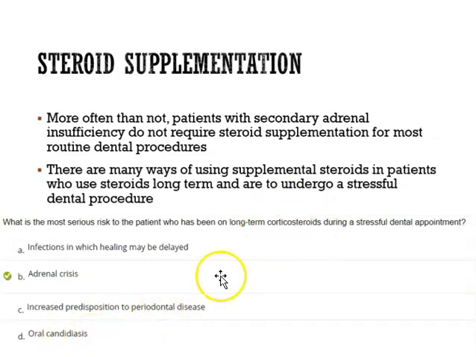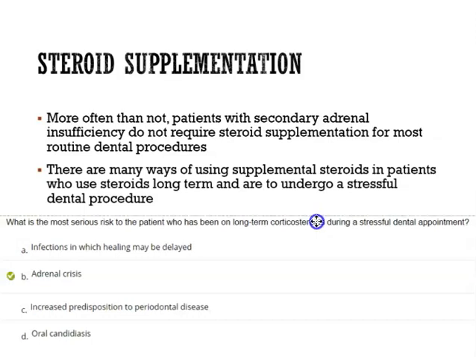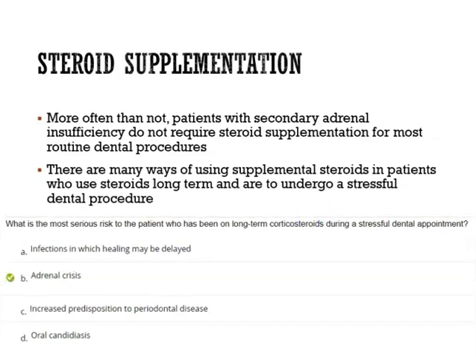Oral candidiasis, yes, when you're taking a puffer, for example, which is a corticosteroid puffer, if you have asthma, for example, you would be taking this. You can get thrush. Adrenal crisis. Adrenal crisis can happen as well. So people who take it for a long period of time, what can happen is your body doesn't respond to stress as easily. And when it takes a long time for it to respond to stress, we're not producing enough cortisols. And when our body is not producing enough steroids or cortisols, what can happen is we land into adrenal crisis.